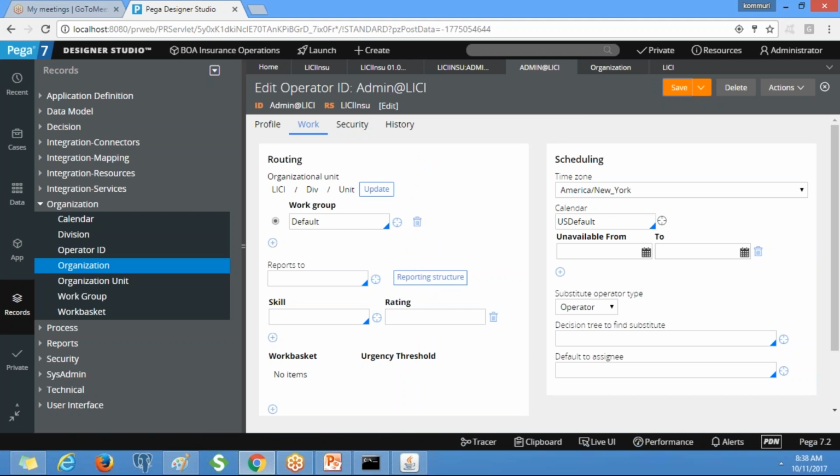See, in order to create manually in the PRPC, first we have to create any application through Wizard. So directly we cannot log in into the administrator@pega.com and cannot create all these things manually. So that is the reason we have created BOA application.